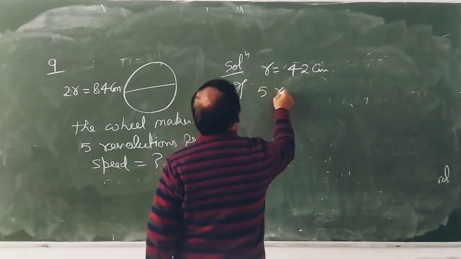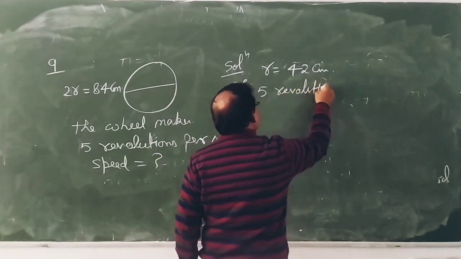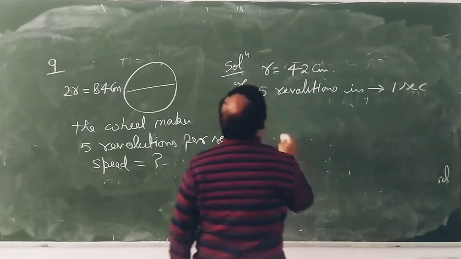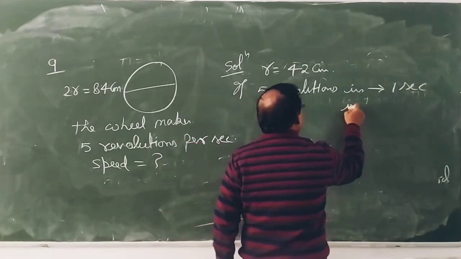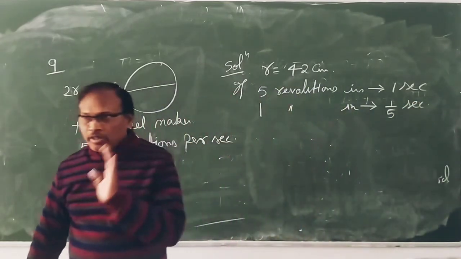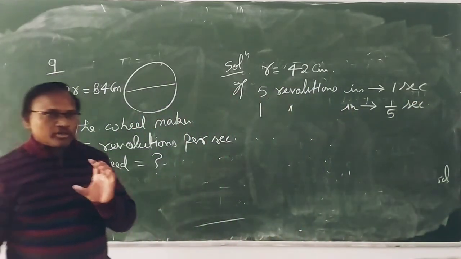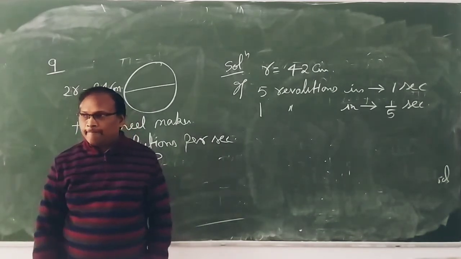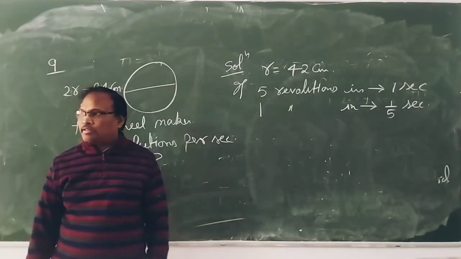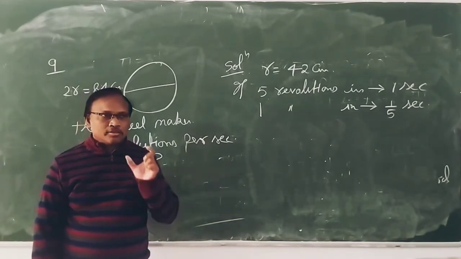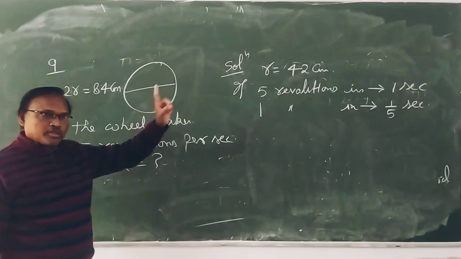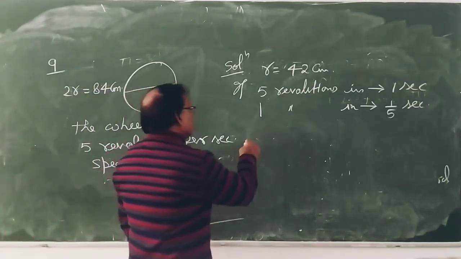if 5 revolution in 1 second, then 1 revolution in 1 upon 5 seconds, and 1 revolution in 1 revolution how much distance is covered, एक चक्कर में या एक रिवॉल्यूशन जो होता है उसमें कितना डिस्टेंस कवर होता है व्हील का, इक्वल टू सर्कमफेरेंस ऑफ द सर्कल। तो सर्कमफेरेंस इस व्हील का जितना होगा उतना एक रिवॉल्यूशन में जाएगा। इट मींस सो